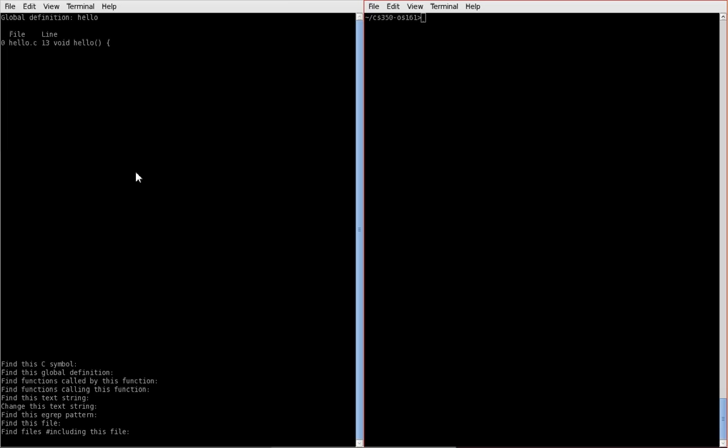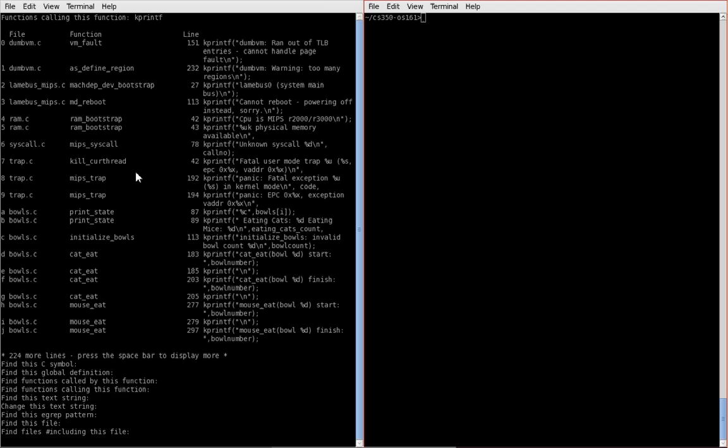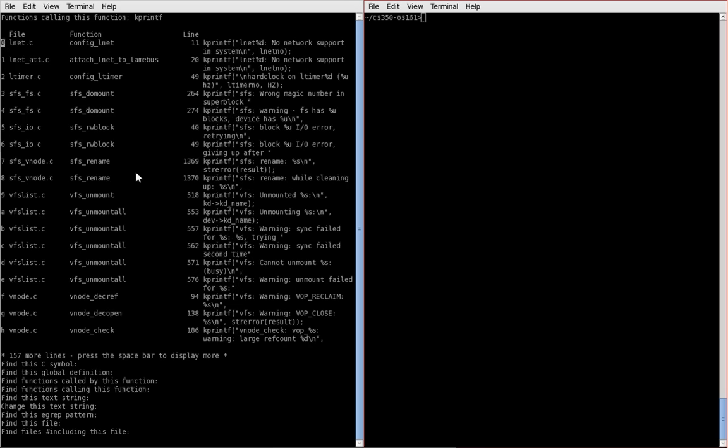What else can we do? We can do things like find functions calling this function. So let's say we wanted to know every function that calls kprintf. Well, we can type that in. And here's a list of all the functions that call kprintf. So I found over 224 lines. So there's quite a few kprintfs